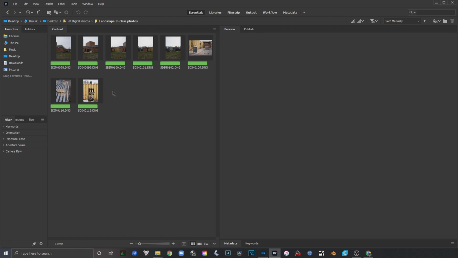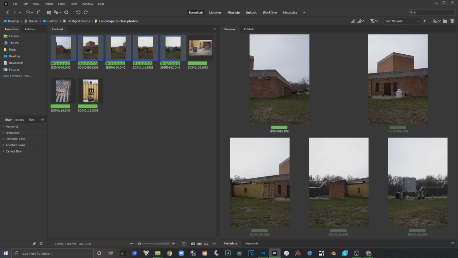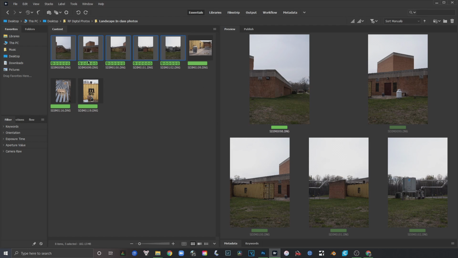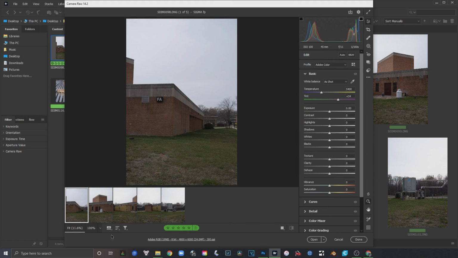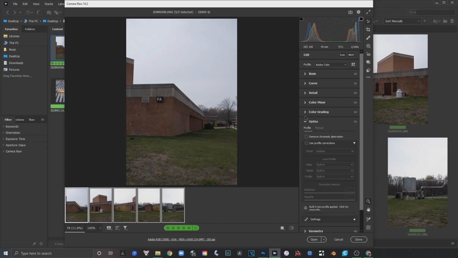have to do from within Bridge is select all of those files. In this case, I'm just going to be working on the panorama, and then I'm going to right click, and the third one down is open in Camera Raw. So I'm going to click on that, and now all of my panorama images are going to be opened up in Camera Raw. The first thing I want to do is see if I can do an optics profile